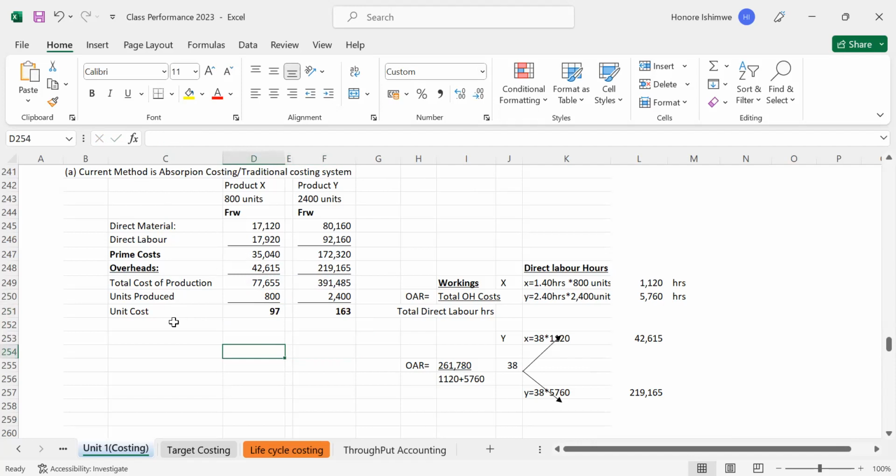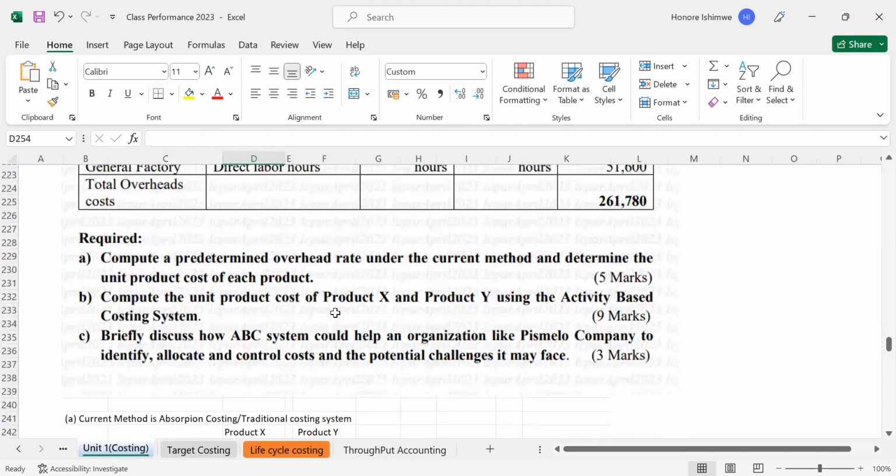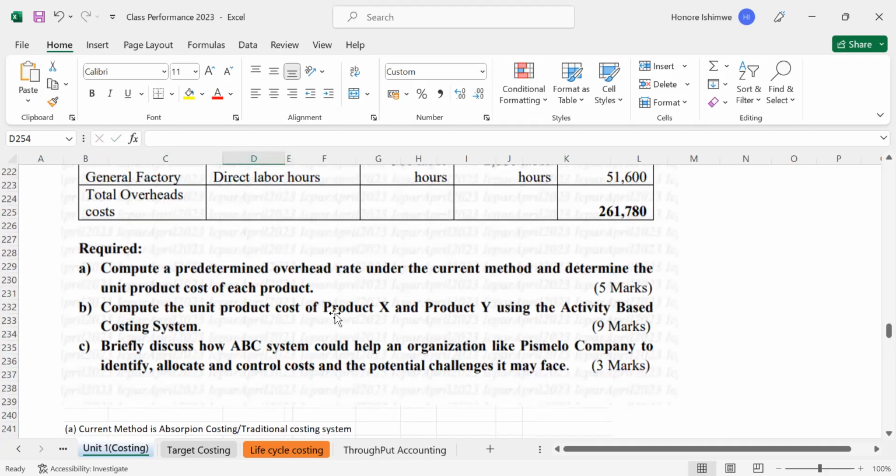Now this was the 5 marks of the first question. This is very, very simple to answer. It cannot even take you 10 minutes to answer. Now let's proceed to question B. What was question B? Please read here what question B tells us. Question B is telling us to produce